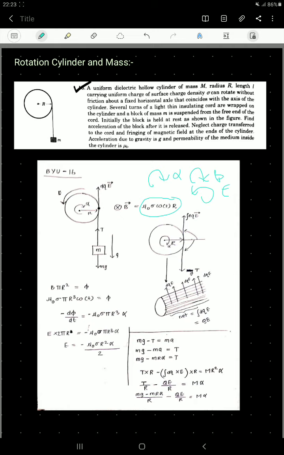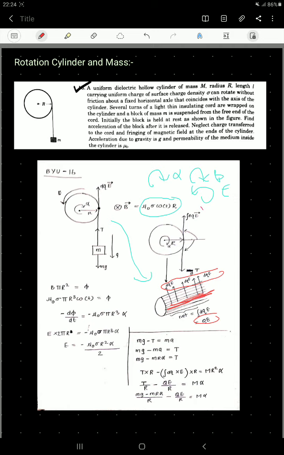Now a small amount of force would be produced, since this situation is shown here. A small amount of force would be produced on the cylinder. Taking elementary parts of the cylinder, I can write dq E, and the integral of that would be qE. The value of dq can be written as sigma dA, or whatever elementary part you want to take. The total amount of charge on the cylinder is given as sigma into 2 pi rl. The length of the cylinder is already given.